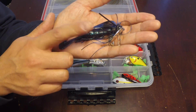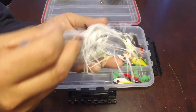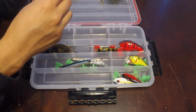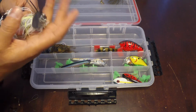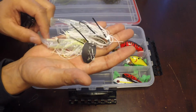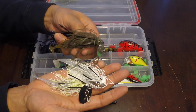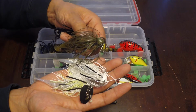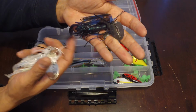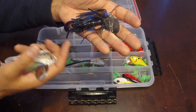So once again, these New Tech Crazy Blitz jigs are my favorite chatterbait to throw. The colors I have the most success with are these lighter colors, the white and the chartreuse and white. I've also caught a few fish on this neutral color, this Candy Crawl, which is almost like a green pumpkin with a little bit of purple flakes in it. I've also caught a few fish on this black and blue one, but once again, not with this trailer. I've done it with a Zoom Super Chunk and also the Gambler Little Easy